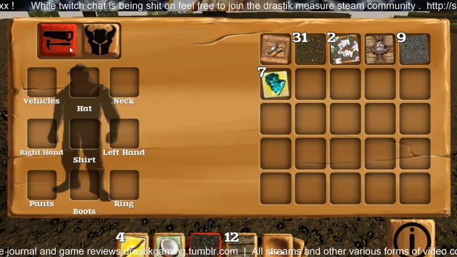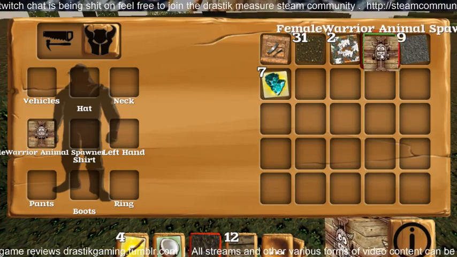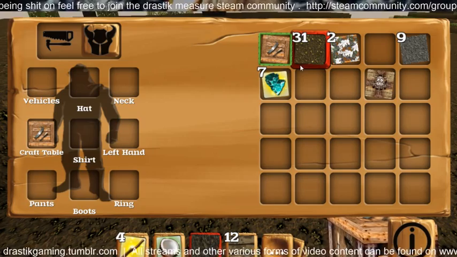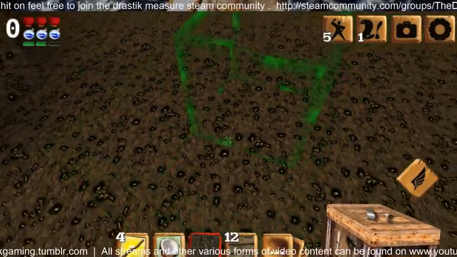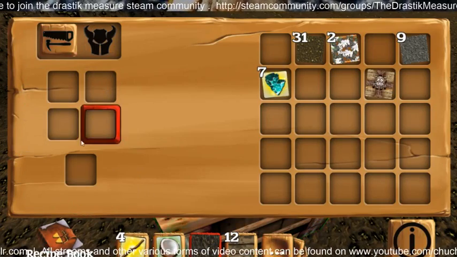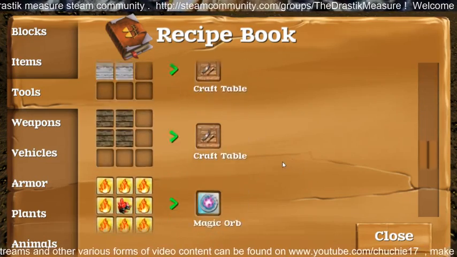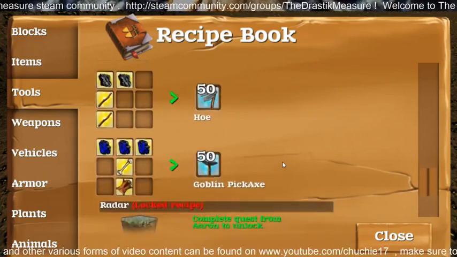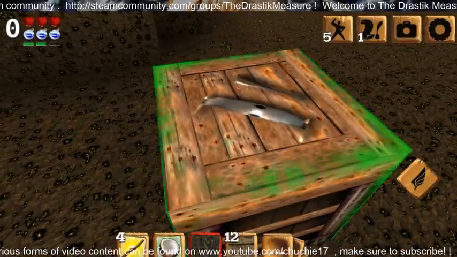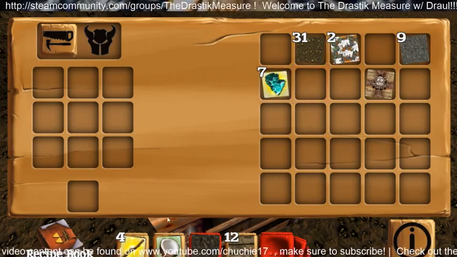What? Female warrior animal spawner? Okay, so